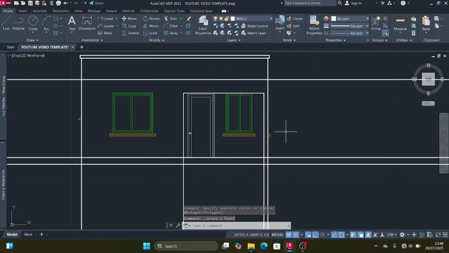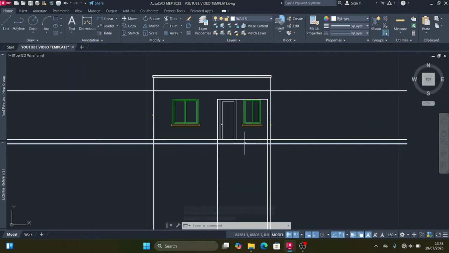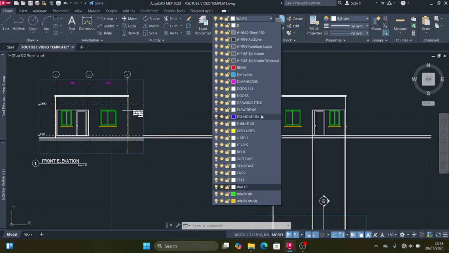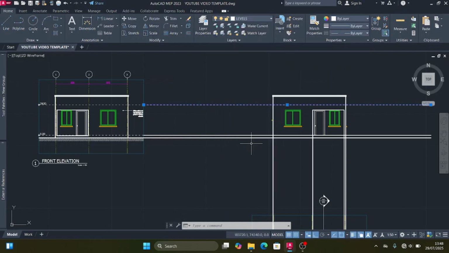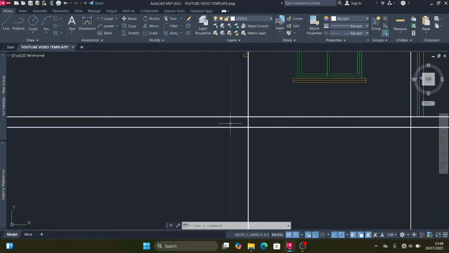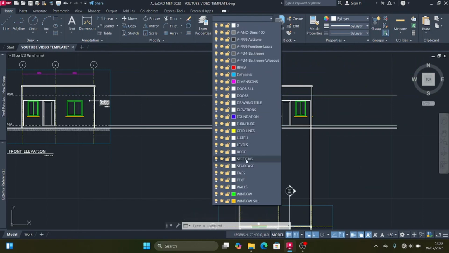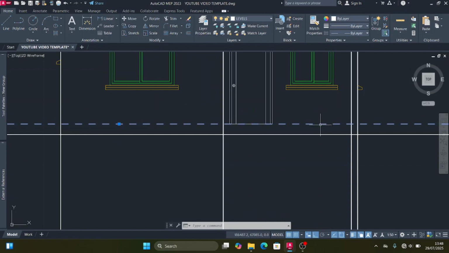All right, so next I'll select that line, then click at this arrow, then put it under the layer for levels. Right, then I'll do the same thing for this line. All right, then next I'll press escape,